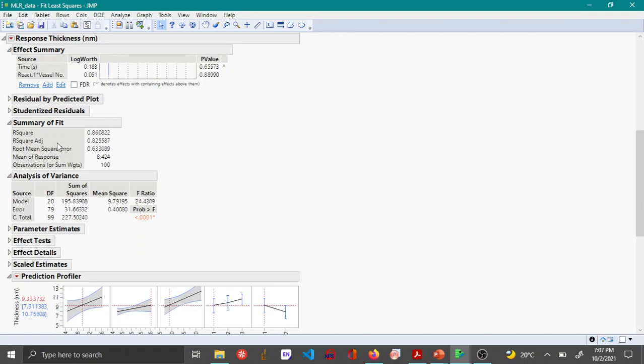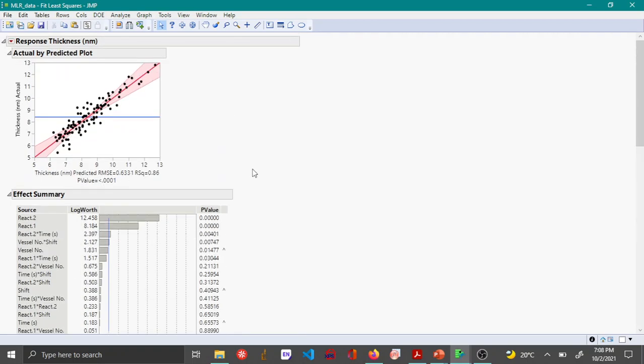And if you remember, the R square value was 0.8, but now it's slightly higher at 0.82. The RMSE was 0.66 when we didn't include the two-way interactions, but now it's reduced to 0.63. So sometimes adding two-way interaction improves the model fitting that you are doing to your data.